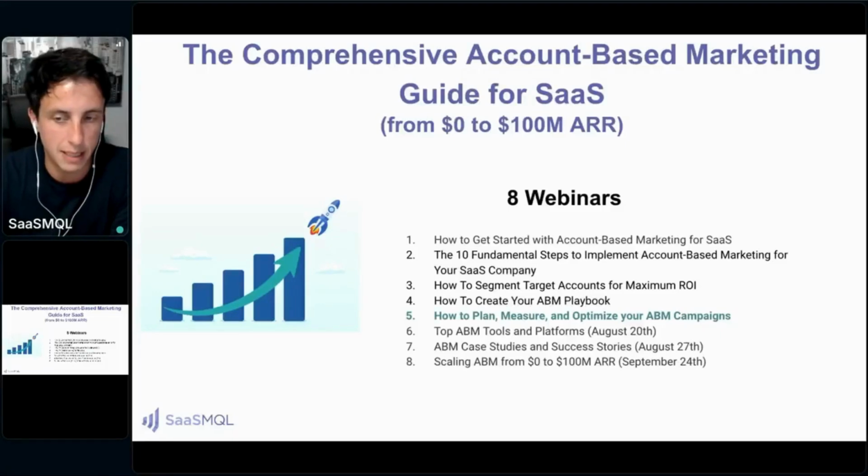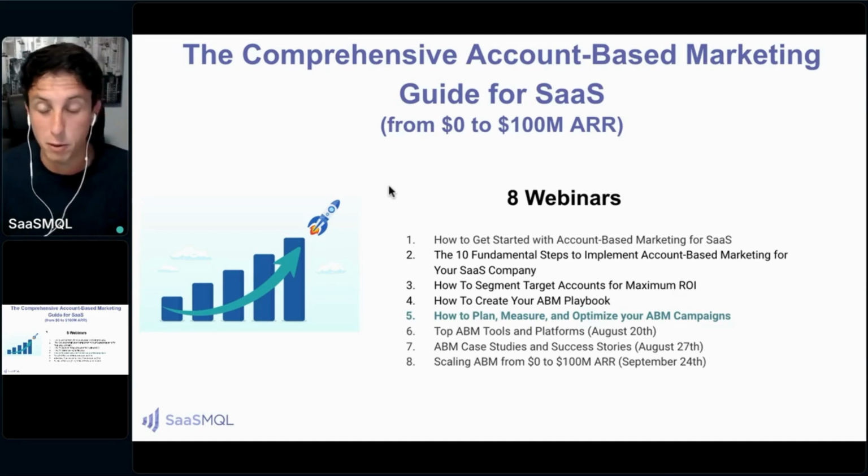How to segment target accounts, how to create the playbook to engage and convert these target accounts. So today we're going to talk about planning, measuring, and optimizing the ABM campaigns. It's going to be a lot of math and funnels today, but it's actually pretty fun,